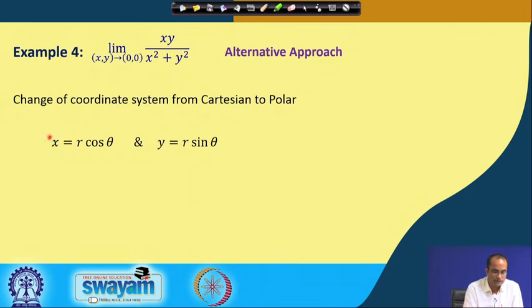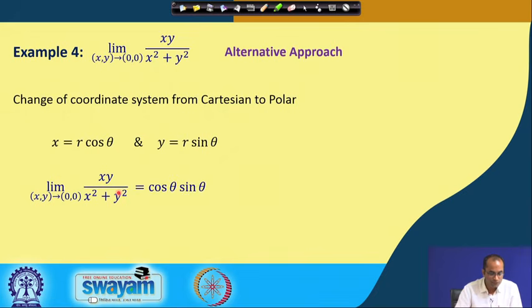So, we will now be working in the polar coordinate system. This limit as (x, y) goes to (0, 0) of x y over x square plus y square will be given as sin theta cos theta, because we substitute x as r cos theta and y as r sin theta,